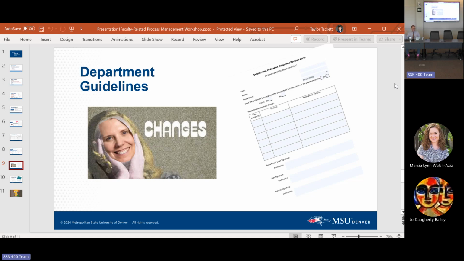And then this becomes the cover sheet now. I don't know if you remember the cover sheet for department guidelines changes, but there used to be a cover sheet that had signatures saying it's supported by your chair and by your dean and by the provost. This becomes our cover sheet. When we put them up on our website, we'll just place this on the top of it so that everybody knows this was supported at all levels when the changes go into effect. So just make sure to use this form when departments ask for those changes. They come to us, we manage them. We're kind of a clearinghouse for all of this stuff. So that should be pretty straightforward, I hope.